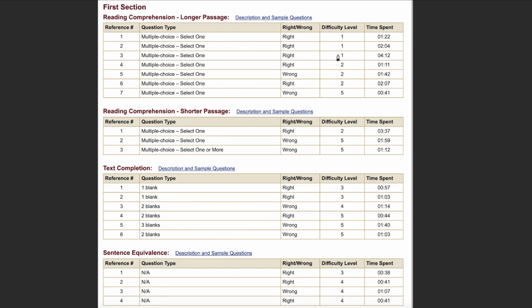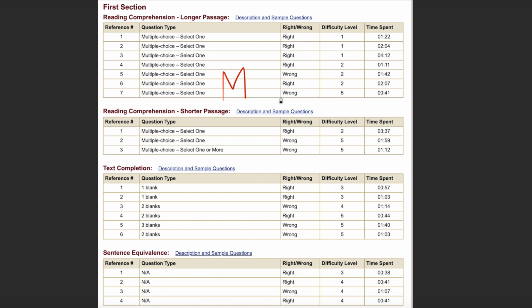Okay, so this is the diagnostic report of the GRE exam which I took recently, and I'll prove it to you that the algorithm which I explained just now really works. So this is the first section of my exam, and as you can see there are questions of difficulty 1, 2, 5, 3, 4, 5 and 4. So they are really questions of all difficulty, and this is a medium section.